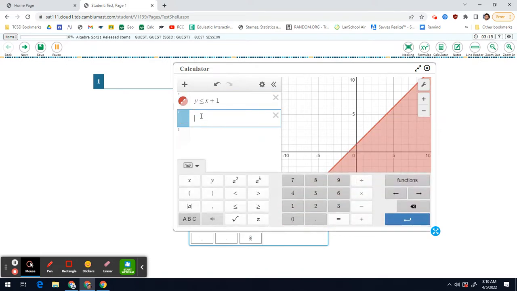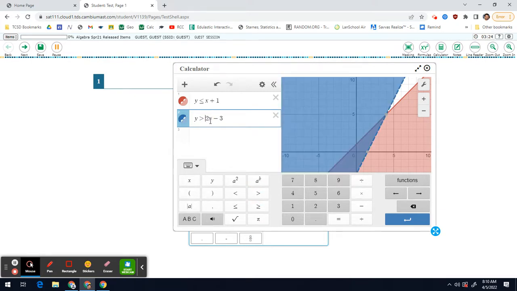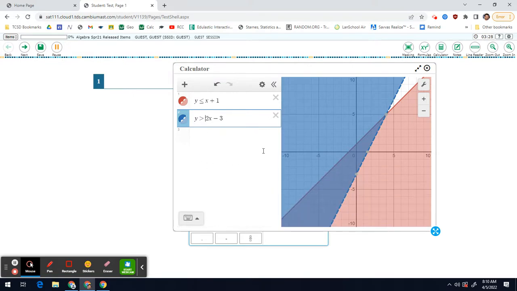It'll do 2 as well. So if you had y is greater than or equal to, or let's just do greater than 2x - 3, not 2 greater than. There you go. And remember, when you do these systems of inequalities, it's the overlapping shaded region. Notice that the color is different here. It's in purple. That's where the two